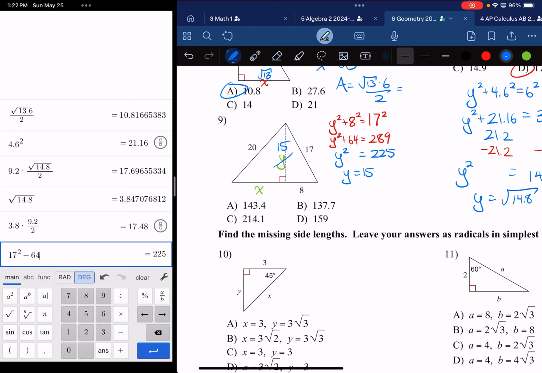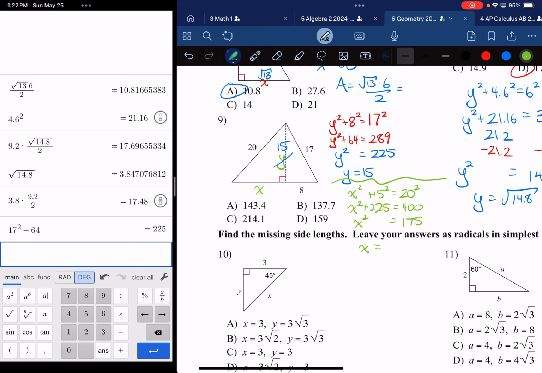So I can say that to find my x is going to be x squared, I'll do a little wavy line, x squared plus 15 squared is equal to 20 squared, which is going to be x squared plus 225 equals 400. Subtracting 225 on both sides yields x squared is equal to, this should have been an equal sign right there, not a plus, 175. Take the square root of that, and x will be equal to the square root of 175, which is about